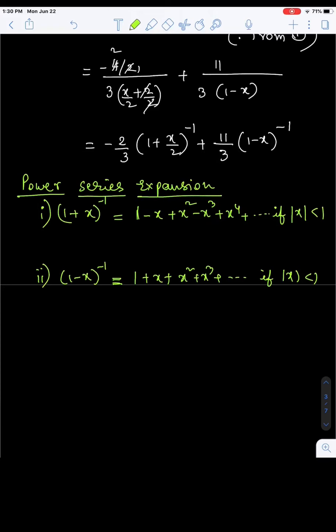You can learn about it in the chapter on the binomial theorem. Don't worry, this is enough to know here. Only these two formulae, so please understand them carefully. Here only minus 1 should be there. Here 1 is a must, no other constant. And x also has only coefficient 1 here, with power minus 1.